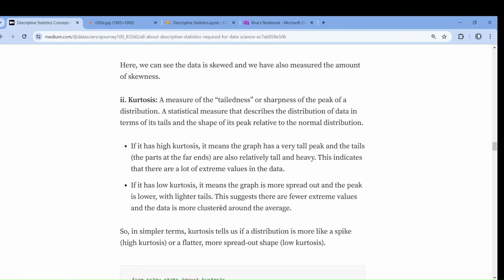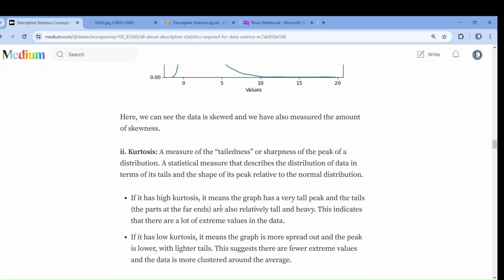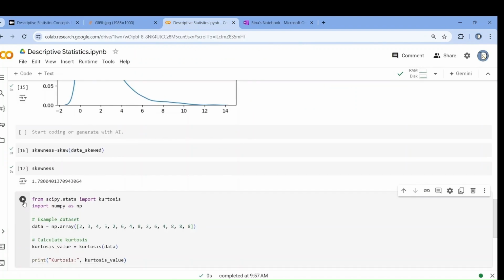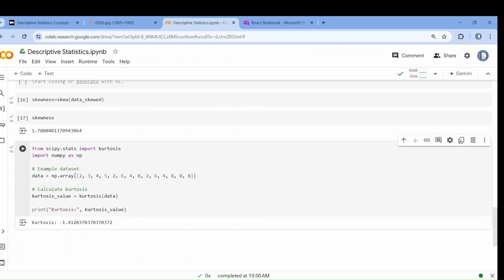Central tendency helped us to find the central tendency. Dispersion helped us to find the variability, and measures of shape helps us to find the tailedness or sharpness, whether there are extreme values or the dataset is distributed well. Fine. Now, if you want to know the kurtosis value, I have just generated a random numpy array, and then if you call the kurtosis function and pass the dataset,